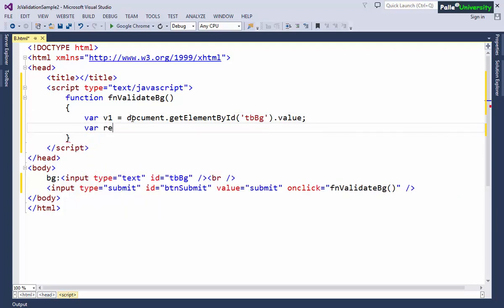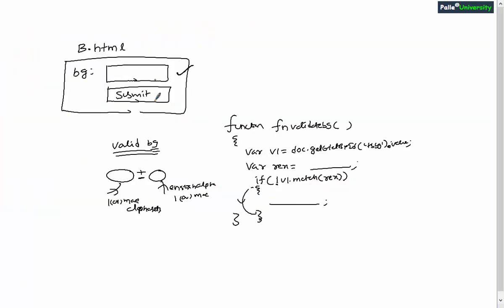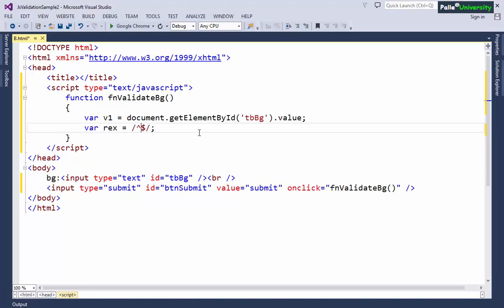After this I must create a regular expression variable, write starting of the regular expression, ending of the regular expression, and in between we need to write the regular expression. Have you identified the regular expression? Right, most probably. First we need to write the regular expression for one or more alphabets. Alphabets can be any kind of alphabets, maybe lowercase alphabets, or uppercase alphabets, or a combination. Now to achieve that we must write square bracket lowercase a to z uppercase A to Z plus, right?